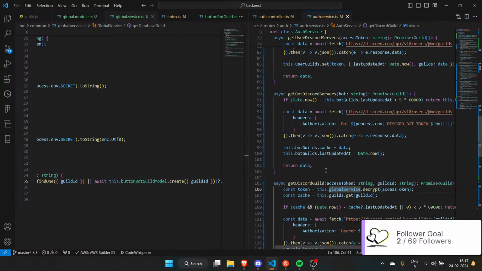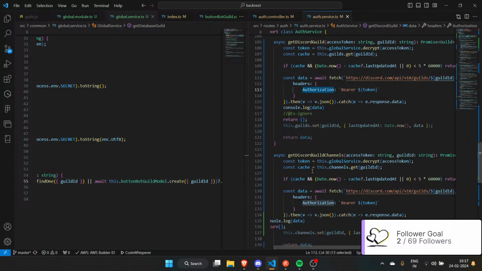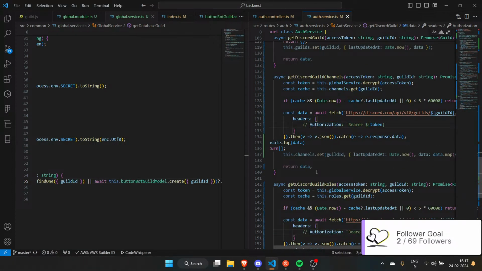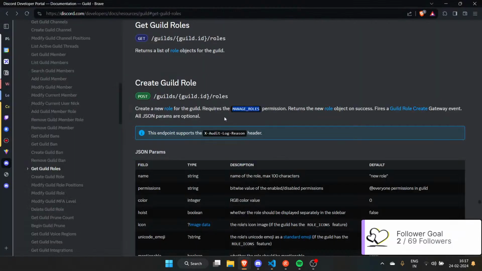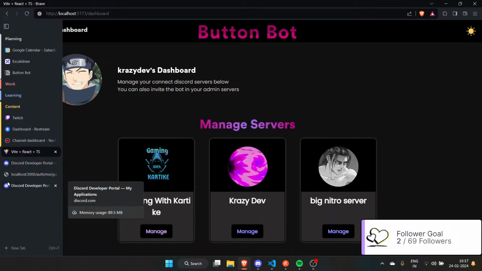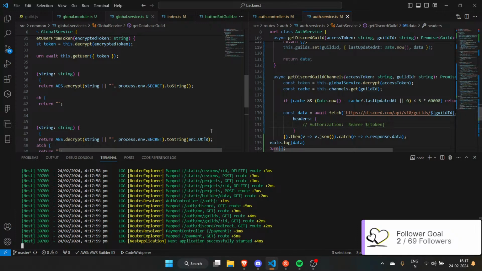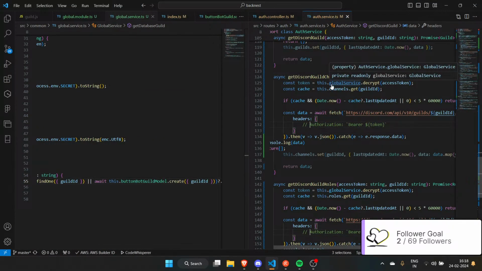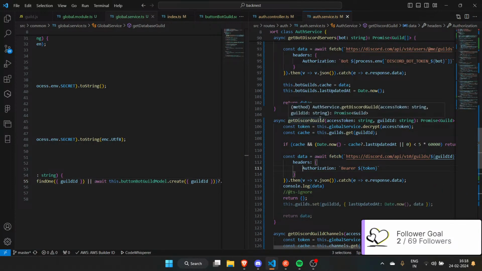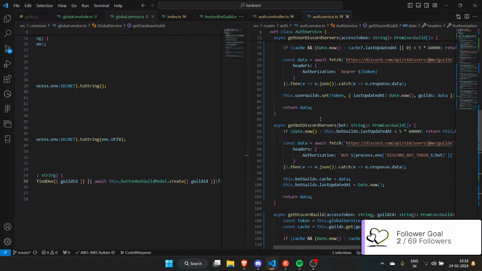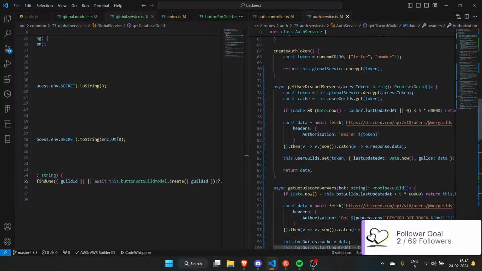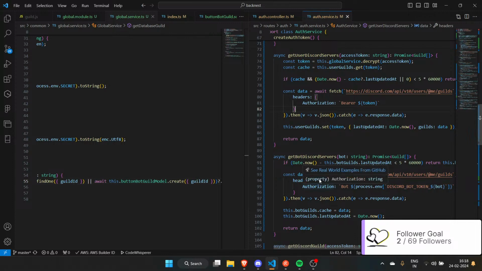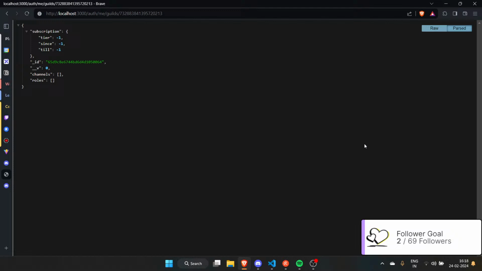Okay, I have a proposition for myself. Let's try to not give the authorization header and see if there is any difference. It's the same. That's very interesting. Why? I am giving you the header, I'm giving you the authorization, then what's your problem? This sucks. What's your problem, man?